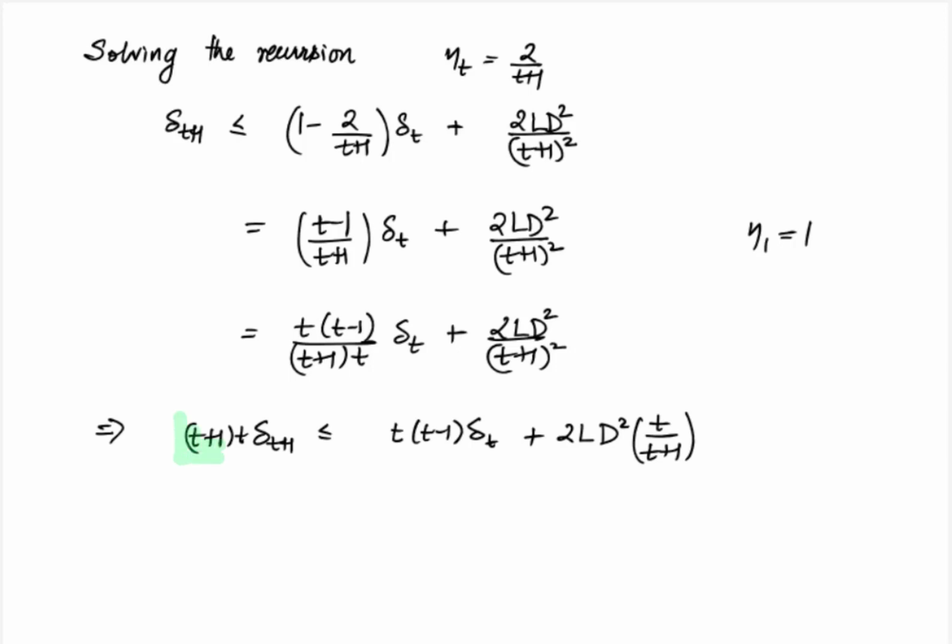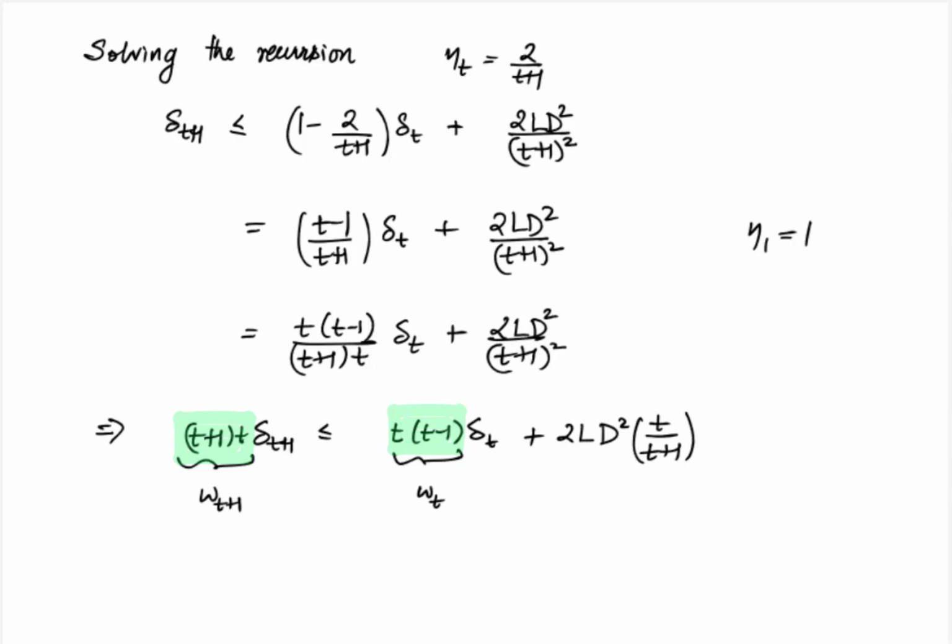Here the term multiplying delta t plus 1 is omega t plus 1, which is given by t into t plus 1, and the term multiplying delta t is omega t. It is easy to see that if you define omega t as t into t minus 1, then omega t plus 1 will indeed be t into t plus 1. So this is the only way the telescopic sum would be possible, since omega t plus 1 into delta t plus 1 appears on the left in this equation, which is written for the t-th iteration, but will appear on the right in the equation for the t plus 1-th iteration.